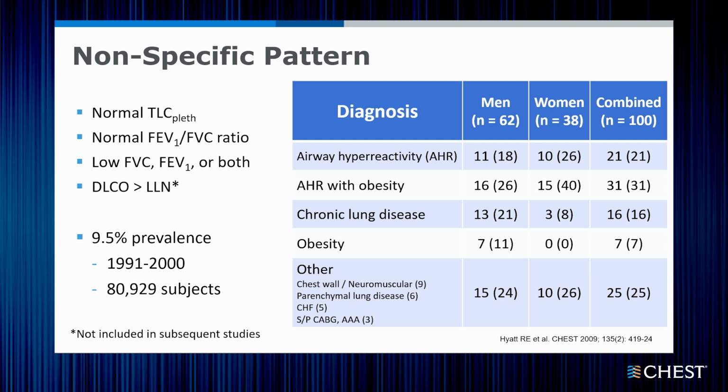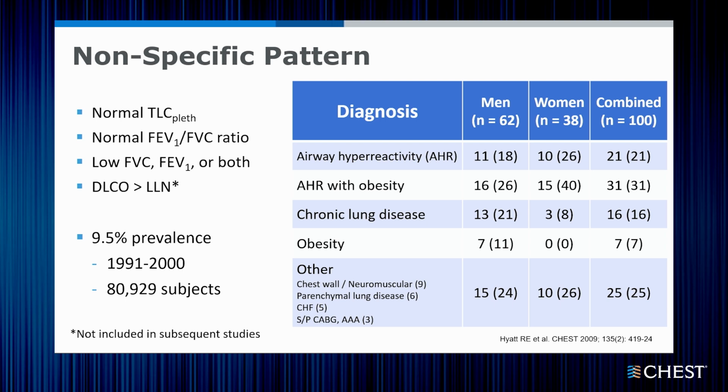And there was actually quite a spread in terms of clinical diagnoses. A significant number of these patients had asthma, a significant number of these patients were also obese, and a significant number of these patients had both. Chronic lung disease was mostly COPD, and then there was a potpourri of different diagnoses that we would typically associate